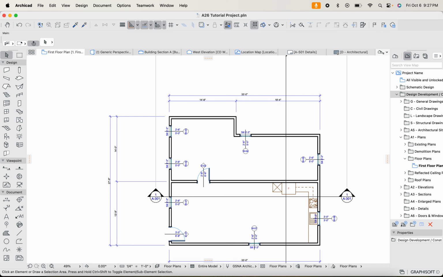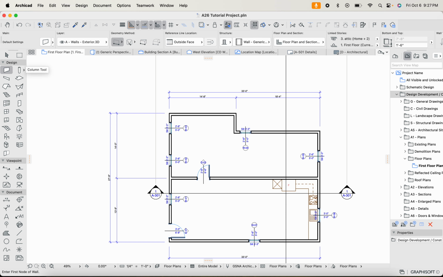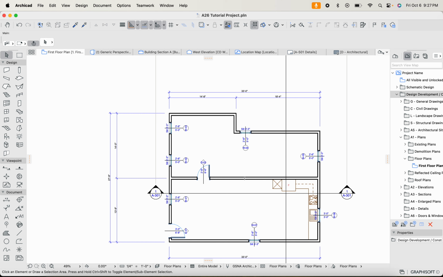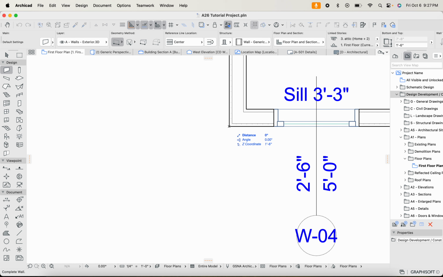Okay, so now I'm going to change a couple things. I made that bedroom pretty big, master bedroom, let's call it. And then I'm going to select an interior wall. To not go through that process again, I'm just going to use this syringe here to pick up parameters. I'm just going to pick up this wall by left clicking once, and then I'm going to come here,